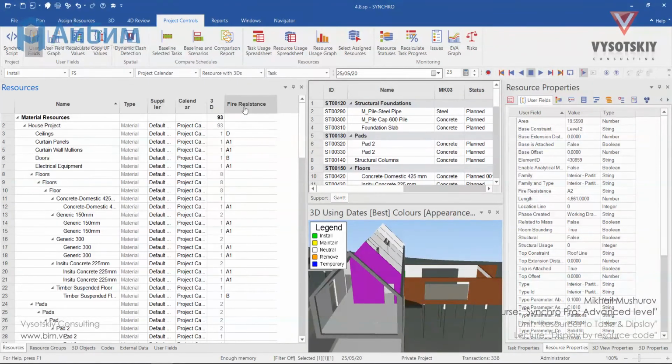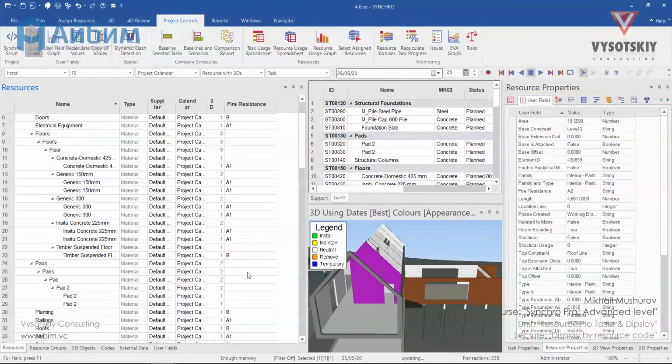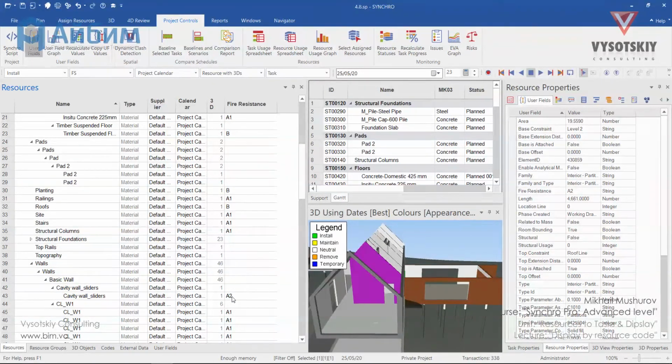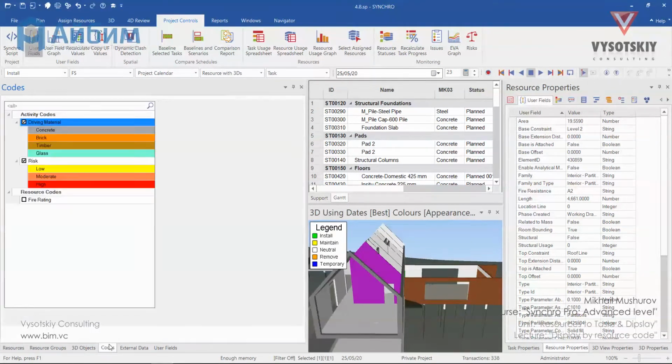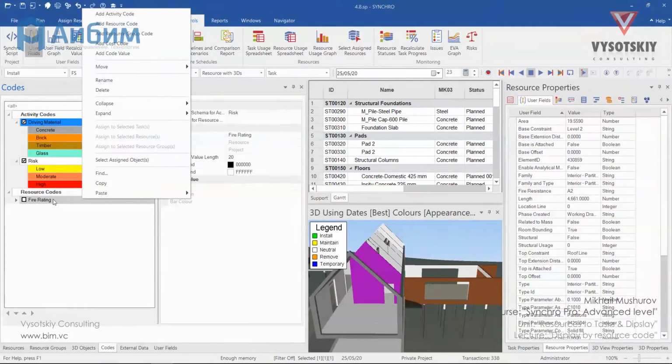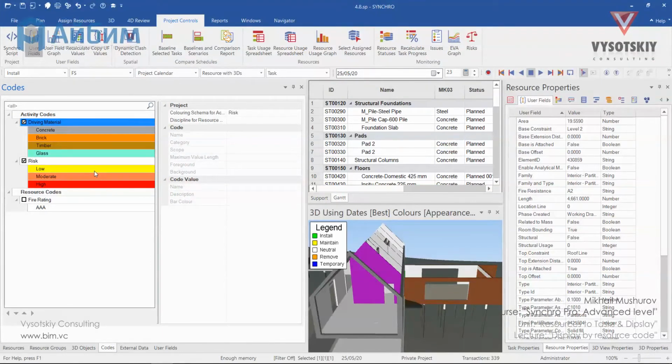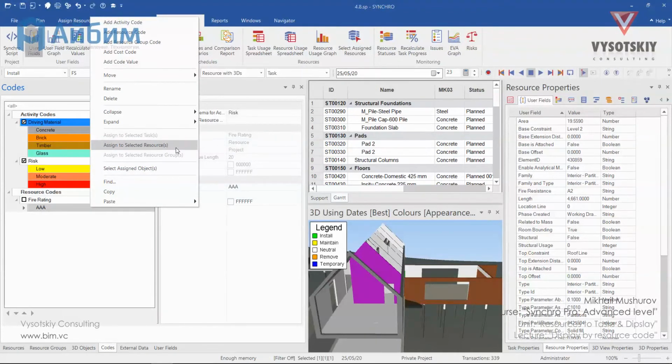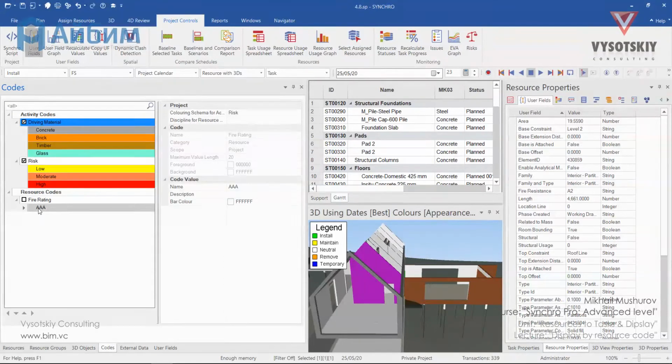In the resources fire resistance, we have D, A1, B, and A2 categories. We can indeed create these values under the fire rating resource code. Like we did for our activities, we can add a code and assign these values to the resources by filtering them and either dragging and dropping, or by highlighting them on the 3D view and then assigning them to the selected resources. But this time, we will automate it by means of Synchro Scripter. Let's delete this value